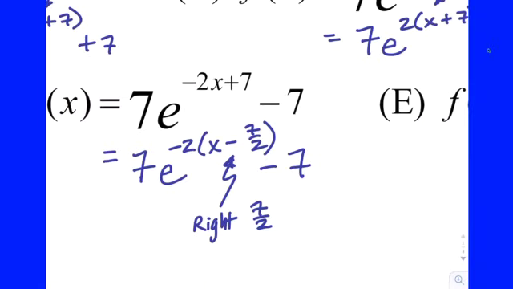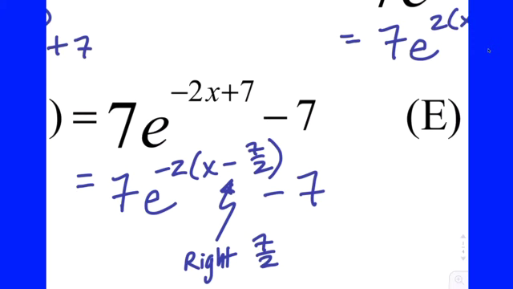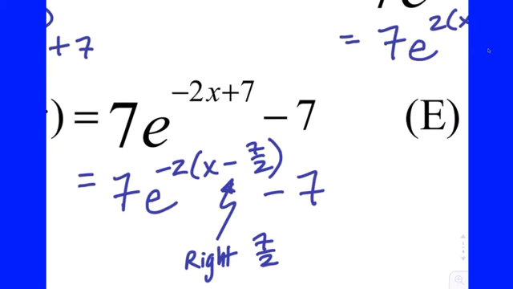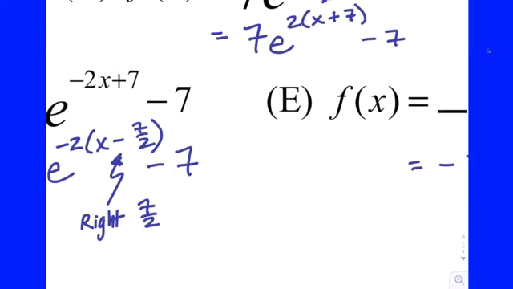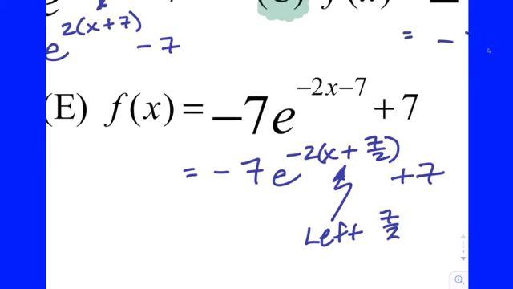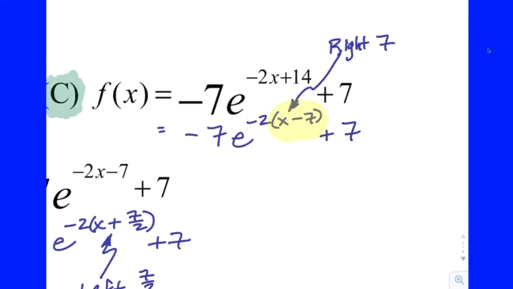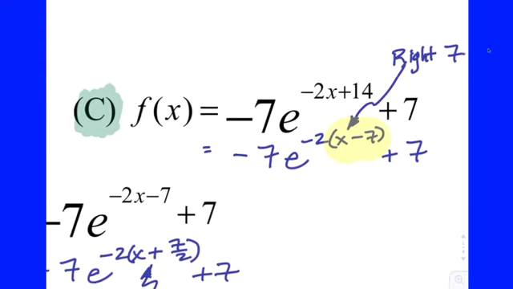On this one, if you factor out a negative 2, 2 is not a factor of 7, right? So when you factor out a 2 from a 7, you're left with 7 divided by 2, or 7 halves. That moves it right 7 halves. That's no good. And then similarly over here, when you factor out a negative 2, it changes both signs. You're left with x plus 7 halves. So that moves it left 7 halves. So yeah, now we checked all of them. There's only one right answer. It's answer C, as in C, senor.